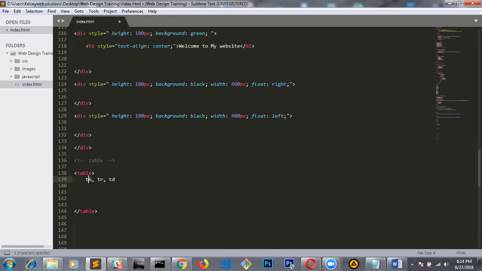The table head defines the heading of the table, while the table row defines the row of the table, and the table data defines the content that you put inside the row. So let's do that very quickly. Now, table row, okay, no, table head first. Table head, 1, copy,